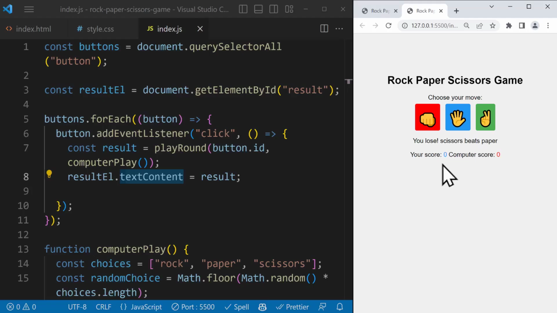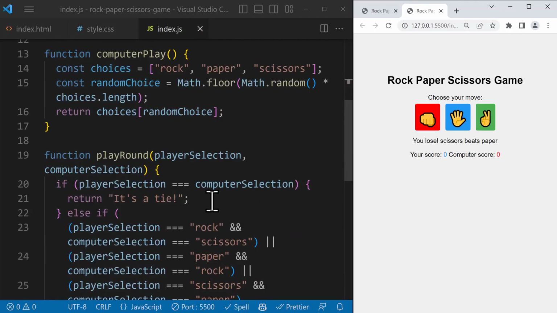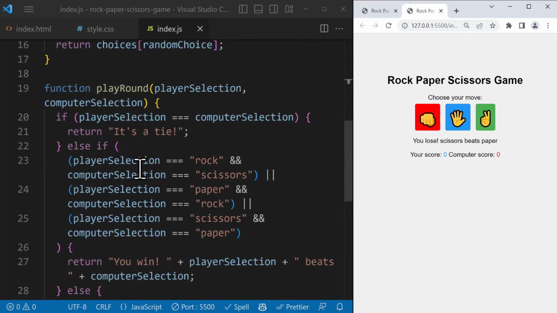The problem is that we are not currently keeping track of the score. Right now, both the user and computer scores are starting at 0. The next step involves keeping track of the score. At this point, we are returning the game result text, but we still haven't implemented the actual score tracking for